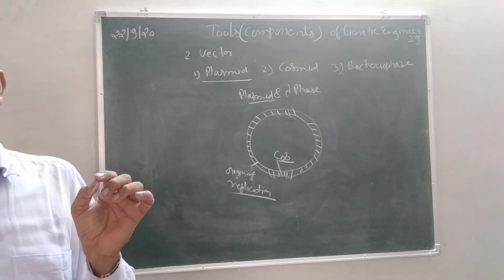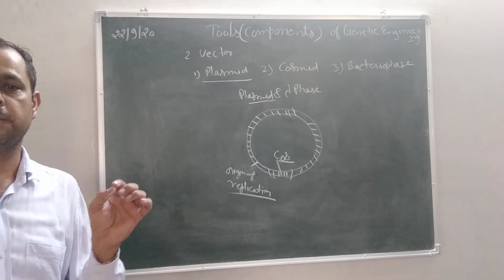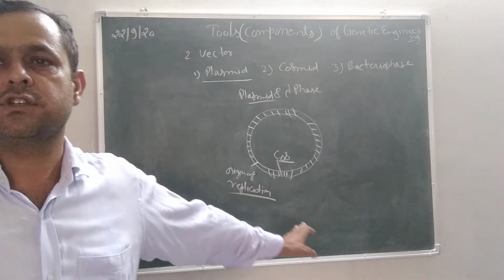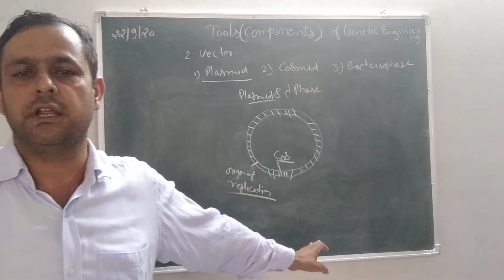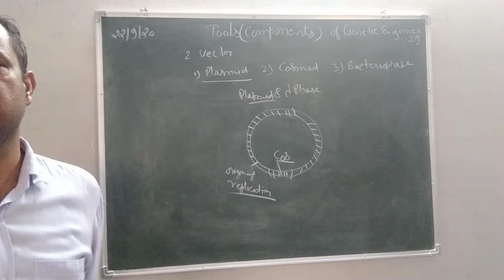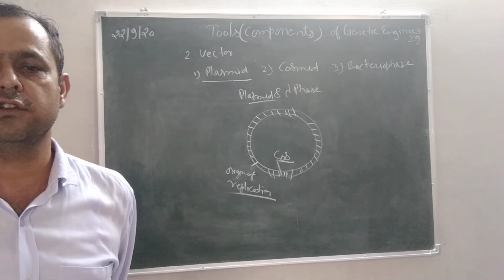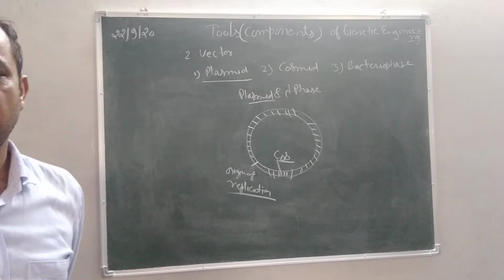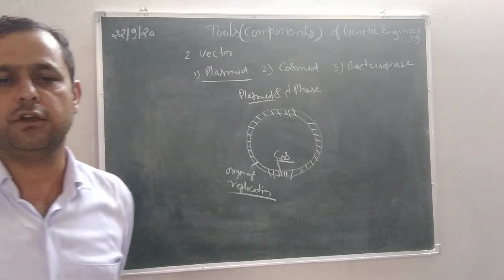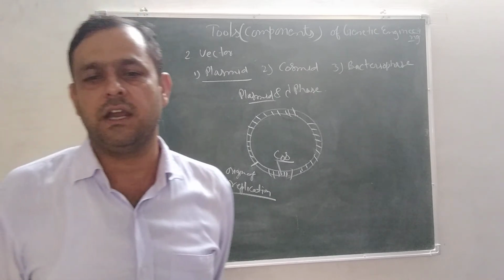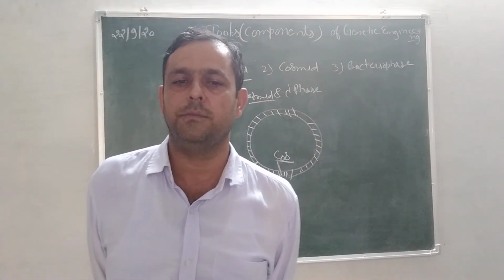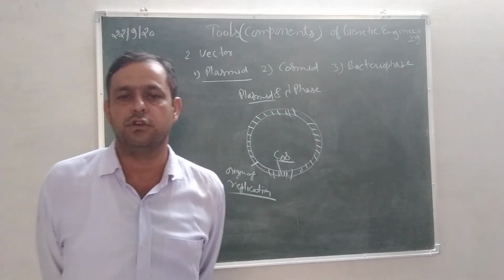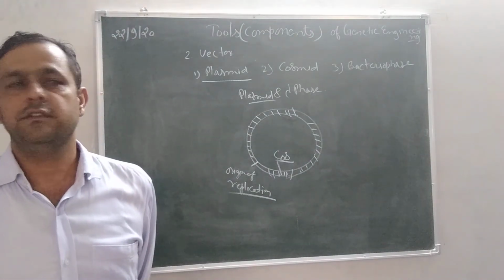Except plasmid, bacteriophage and cosmid, for example, this is the structure of cosmid. This cosmid contains restriction enzyme sites on the two sides, an origin of replication site and a tetracycline resistance gene. Other vectors are also used in genetic engineering, such as phasmid, shuttle vector, and transposon, also known as jumping gene.